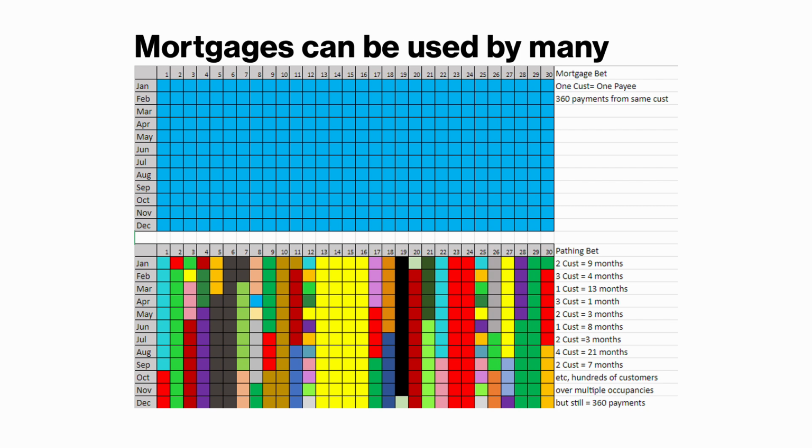The table below represents a hypothetical unit in an Occupy Accrue cooperative network where many customers can stay for any duration of time. The network doesn't need one person to stay in the same unit over decades. What the network truly needs is to make sure every month a payment for that unit is made by someone. As the network takes the monthly payments from customers, our payment history will resemble the top table as far as the lender is concerned, but really the payments will look like the table below, potentially hundreds of customers paying off